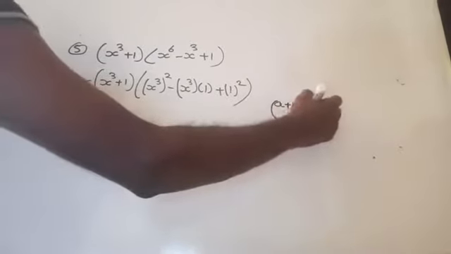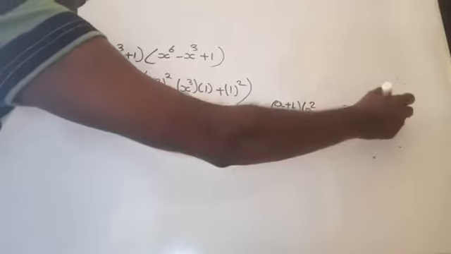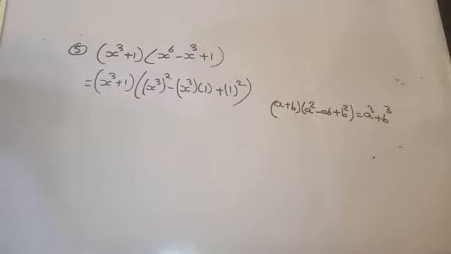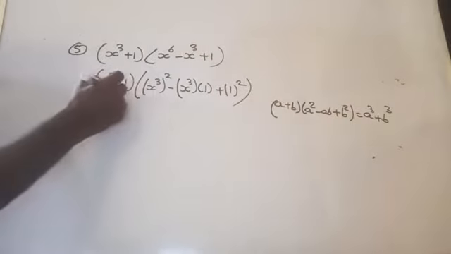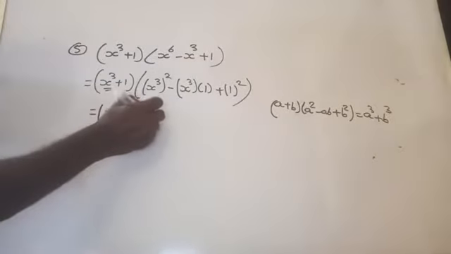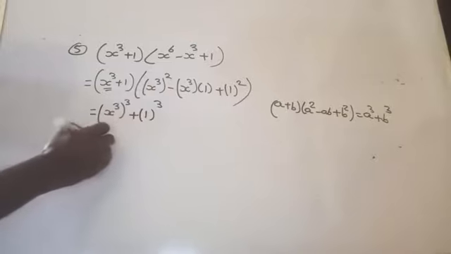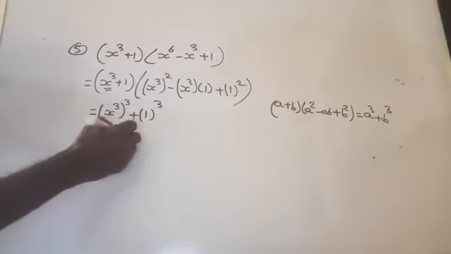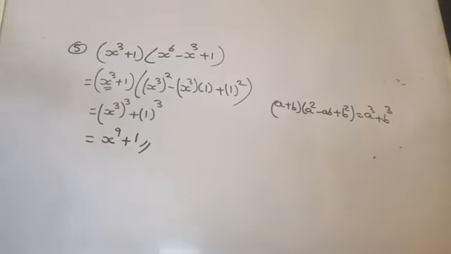That means a cube plus b cube. It is identity of what? A cube plus b cube. Here what is a? Instead of a, x cube. Therefore x cube the whole cube plus b cube, that is 1 cube. It is nothing but x to the power 3 threes how much? 9. X power 9 plus 1. Are you getting there? X power 9 plus 1. Use the identity a cube plus b cube equal to a plus b into a square minus ab plus b square. Am I right? Yes.